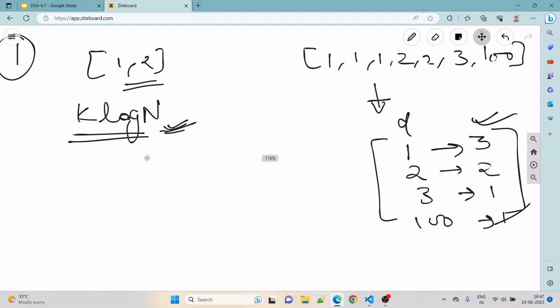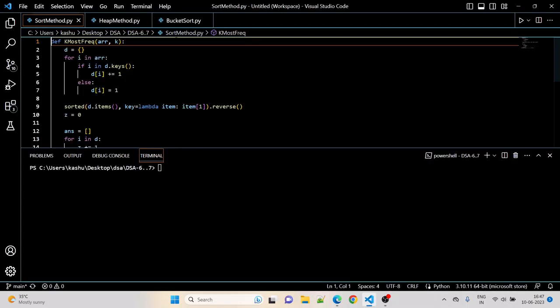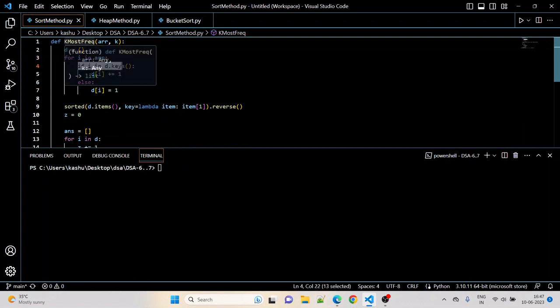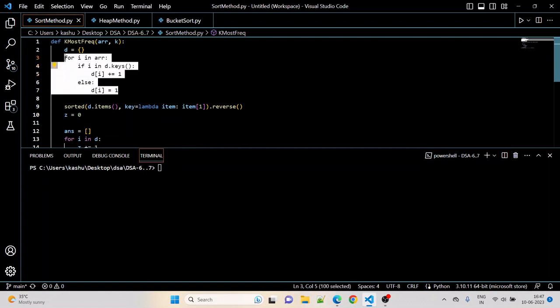Let's look at the code for this. Here I have the array and the k, which indicates how many elements we need to return. This is a dictionary. We just iterate through the array and store the values of the array in the dictionary. So the key is the element of the array, and the value is the frequency of that element in the array. So here we will maintain the dictionary,